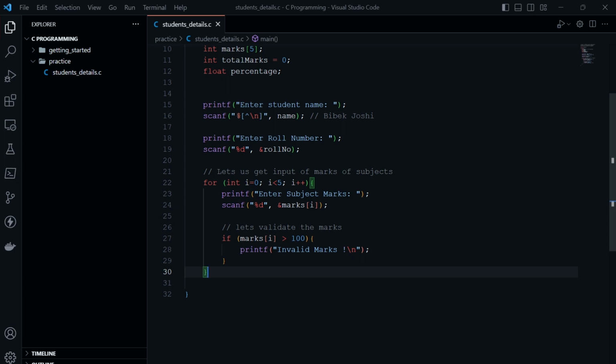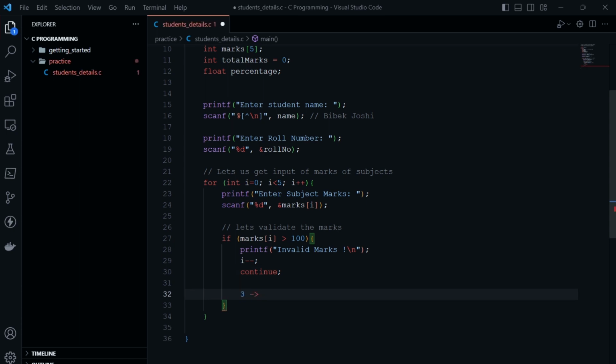So for doing that step, what I will do here is i--, I will decrease the increment by one, and then I will again run the same repetition of the loop and continue. So this is the continue statement. What the continue statement will do is, if the marks are invalid, here the i is incremented, right? Again it will decrement the loop by 1, and again continue the same repetition, like the loop has run for 2 times, 1, 2, but in the